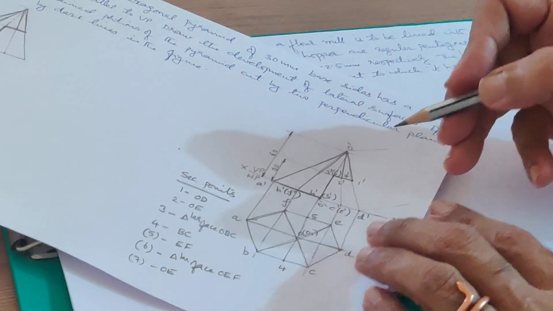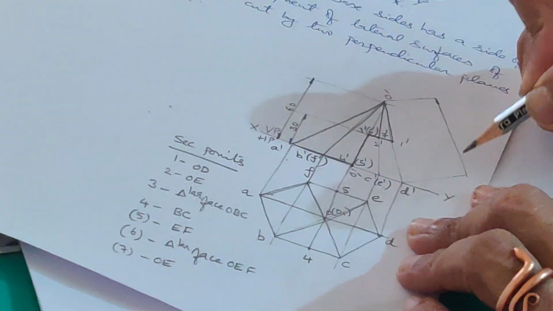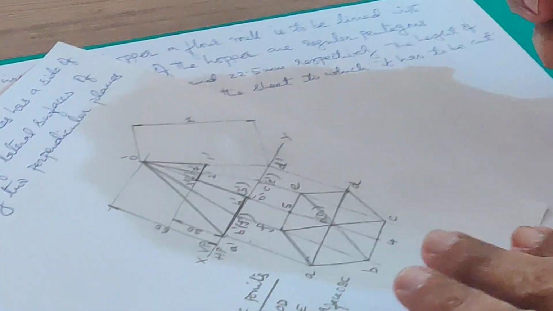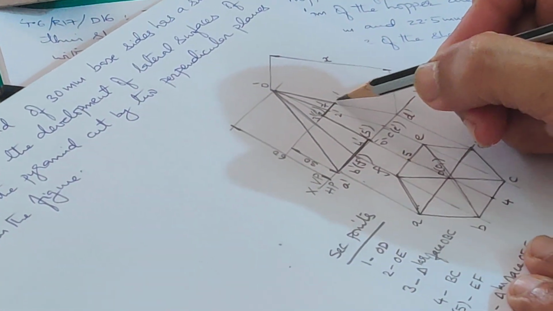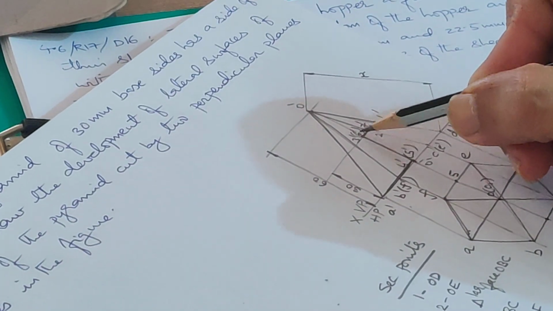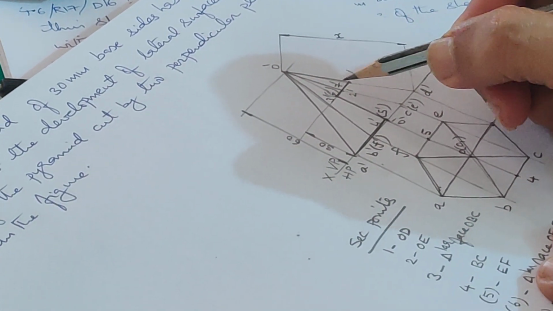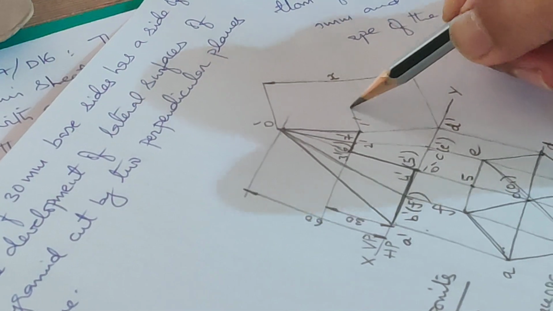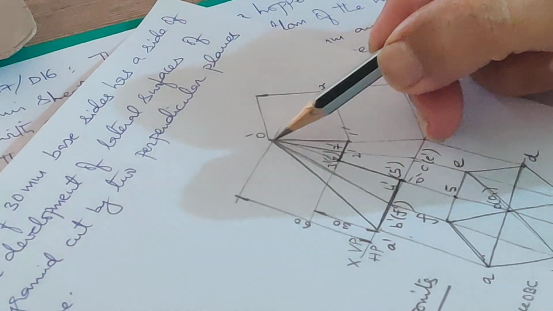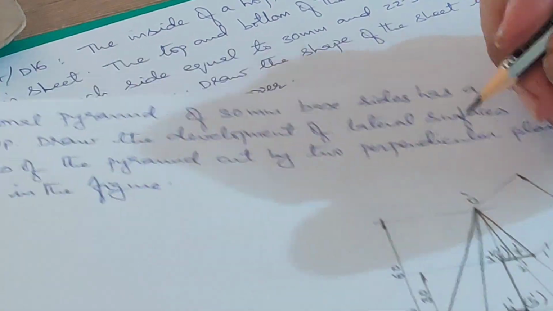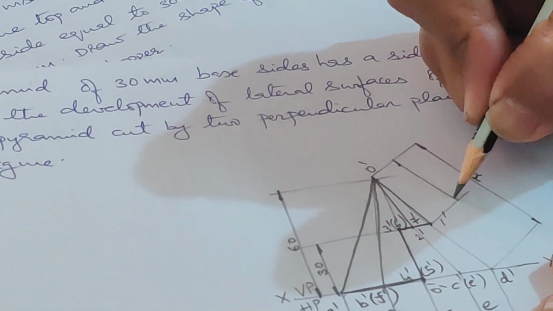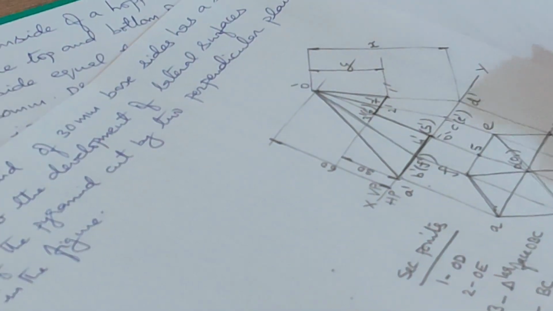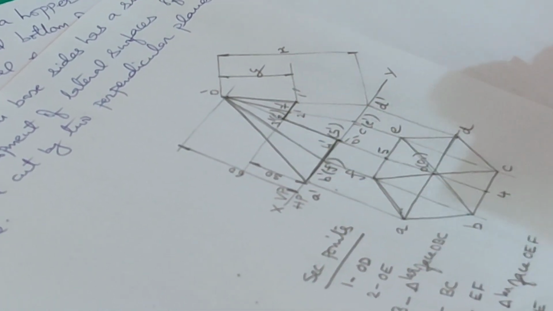You can measure this using a compass. Let us say this dimension is X. Now this is a horizontal cutting plane. So you have 4 points here, 1, 7, 6 and 3. All will lie at the same distance from the vertex. So let me measure this distance as well, once again on the true length. Let us call this distance y. These two distances, x and y, are important for me to draw the development.